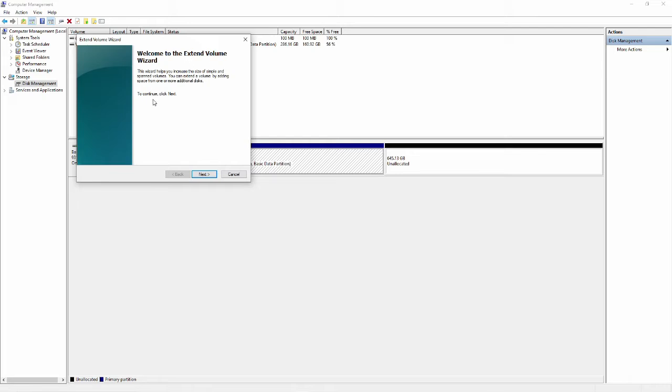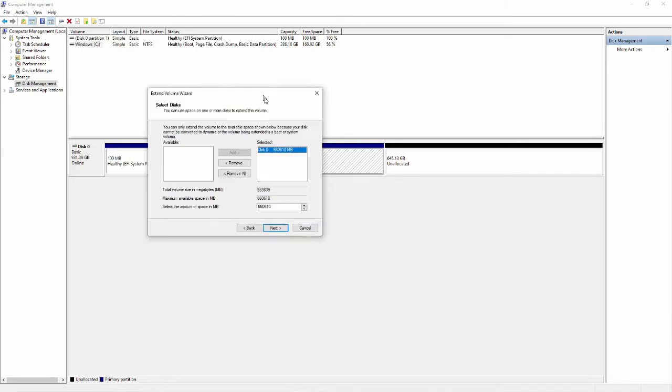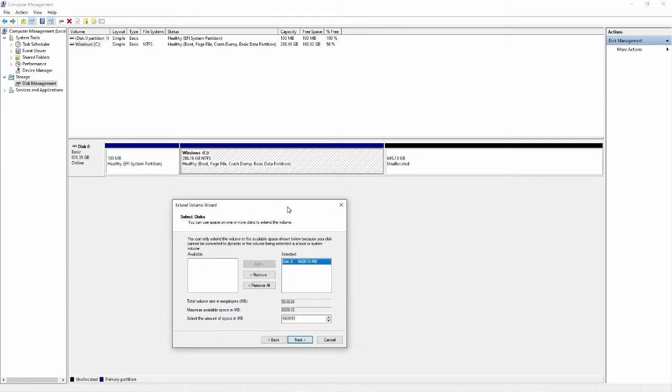Extend the volume wizard. Continue, click next. Disk 0 selected.